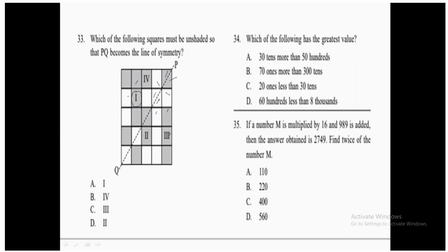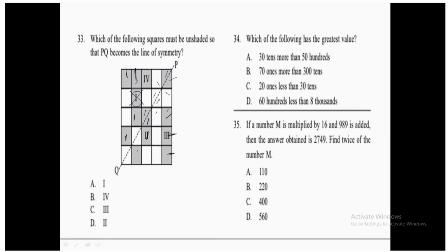this one, the first square, which of the following square must be unshaded now? So if we are going to unshade this first square, then we can say that this PQ becomes the line of symmetry. Okay, because this part has this as a symmetrical, this one has this as a symmetrical, now this one has this as a symmetrical, this one